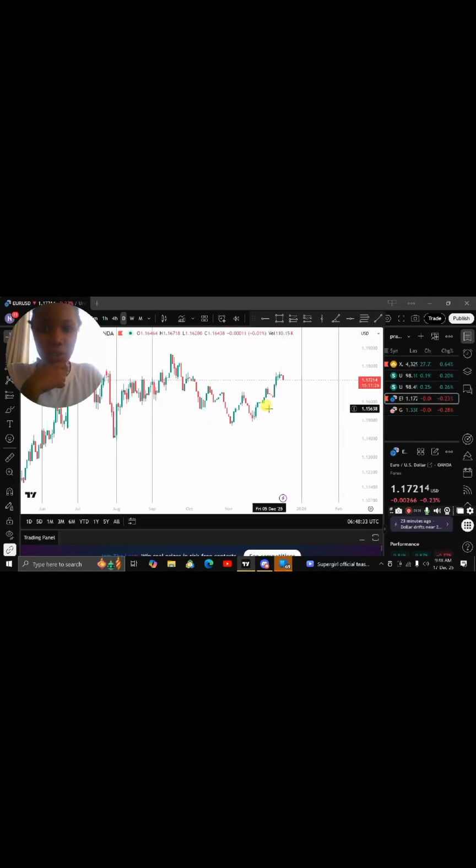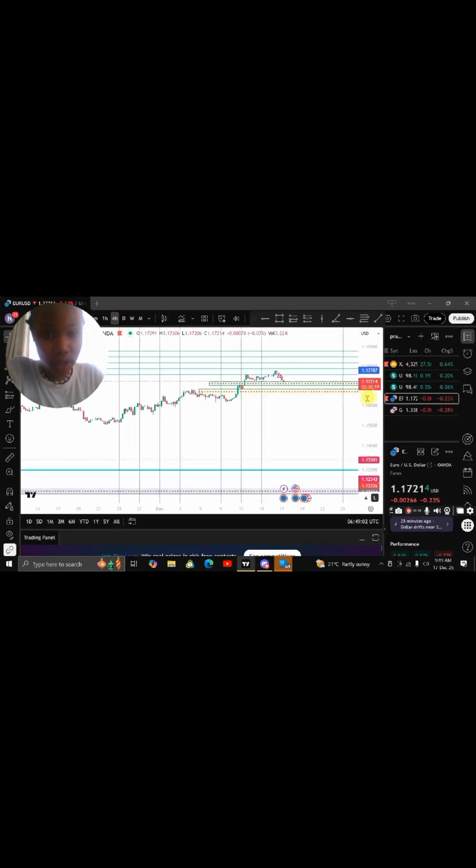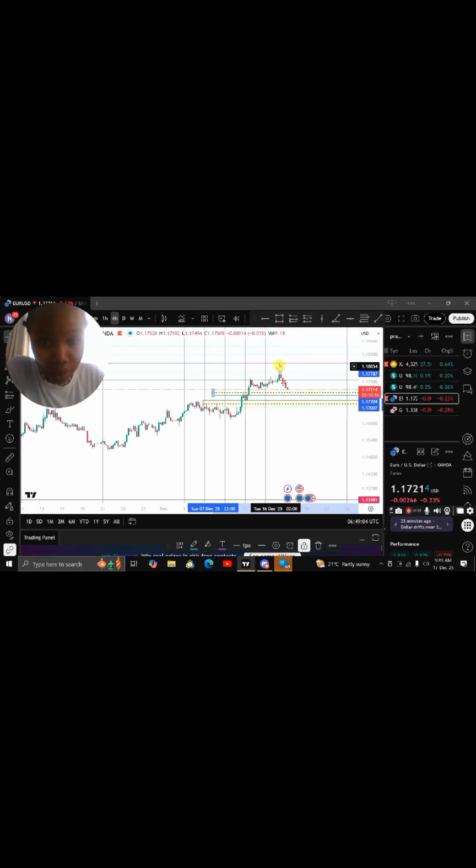And when I was looking at the euro dollar at the same time, the fiber swept the stop losses above this high, and I had this liquidity void here and a fair value gap here. The bodies are well below this one, so I was looking for a short. And on the forward chart, it was still good. The bodies of the candles were below the 50% level, the graded level of that bearish order block.